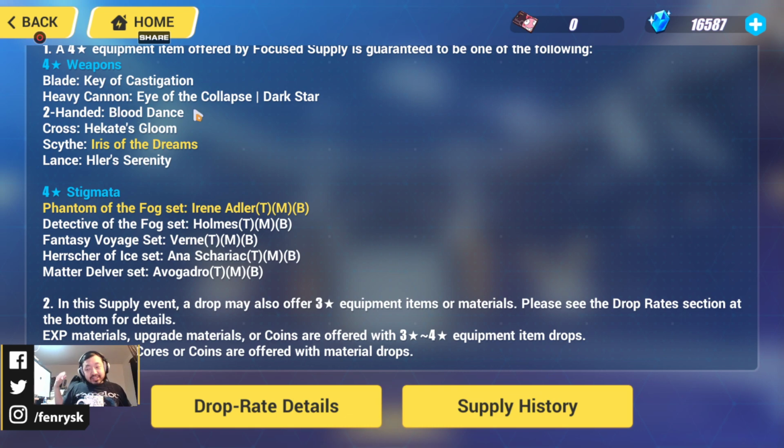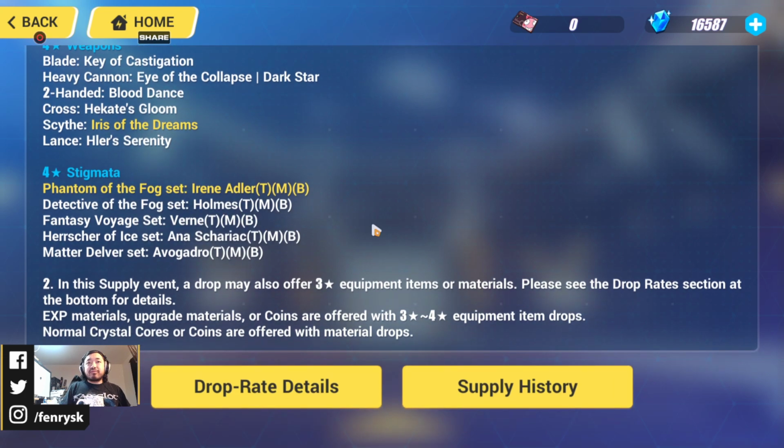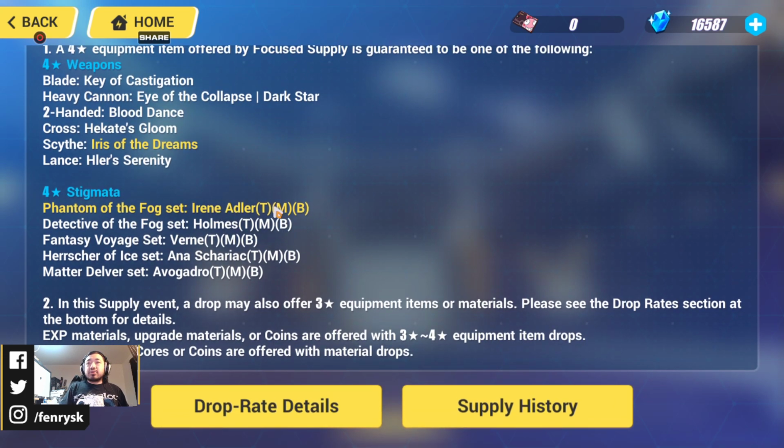Now, exchange is expensive to get to, so if you do decide that you want to roll on this, Hecate and Blood Dance are the two pieces of equipment that you want to keep an eye out for. Okay, let's look at the off rates. Irene Adler, useful, but not worth the crystals, and